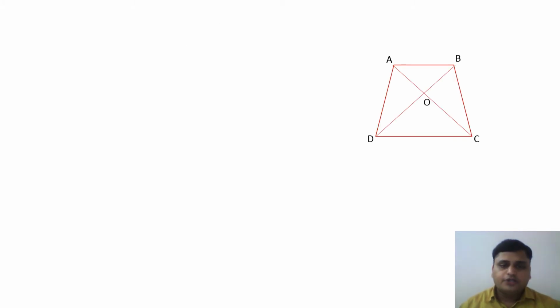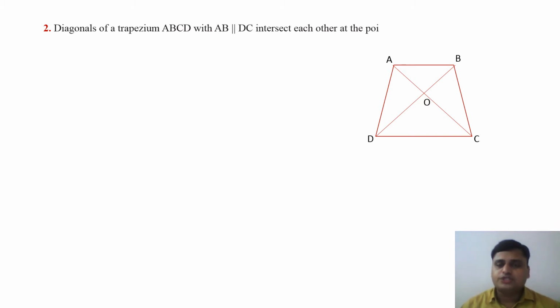Another question. Here in this question you all can see the figure. It is given in this figure that there are two diagonals, one is diagonal AC and another diagonal is BD. Both intersect at point O. So ABCD is a trapezium in which AB is parallel to DC and its diagonals AC and BD intersect each other at point O. It is also given that AB is equal to 2CD. We need to find area of triangle AOB upon area of triangle COD.